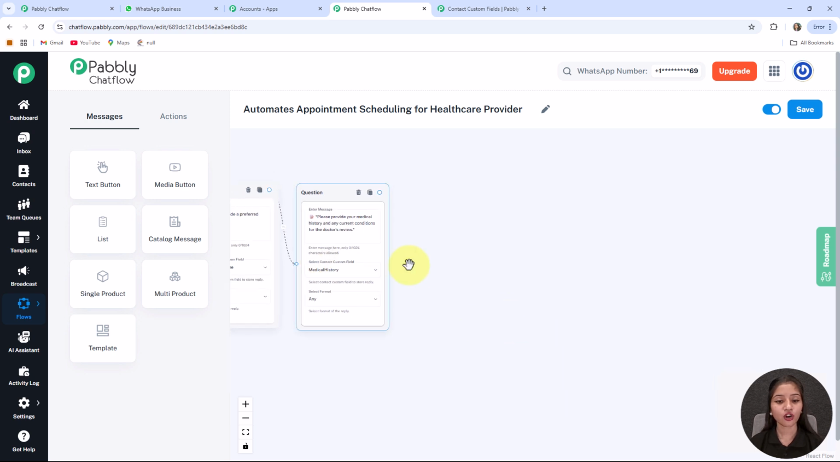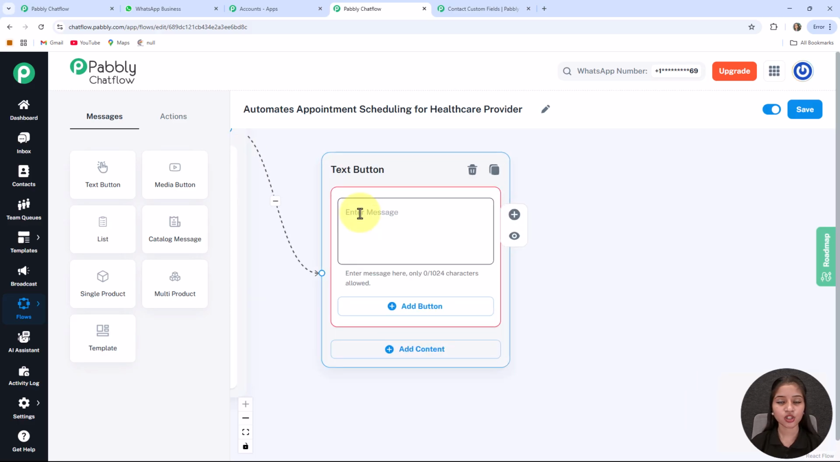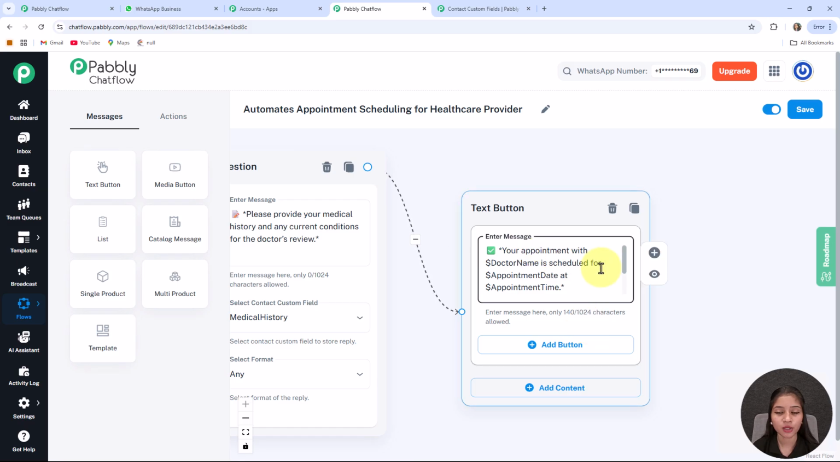Now after all of these steps, at last my bot will respond to my user. For that I am clicking on this circle, drag a line, choose content type as text plus button. It will provide me one enter message box where I am writing my response message. Here I write that is your appointment with $symbol doctor name is scheduled for $symbol appointment date and